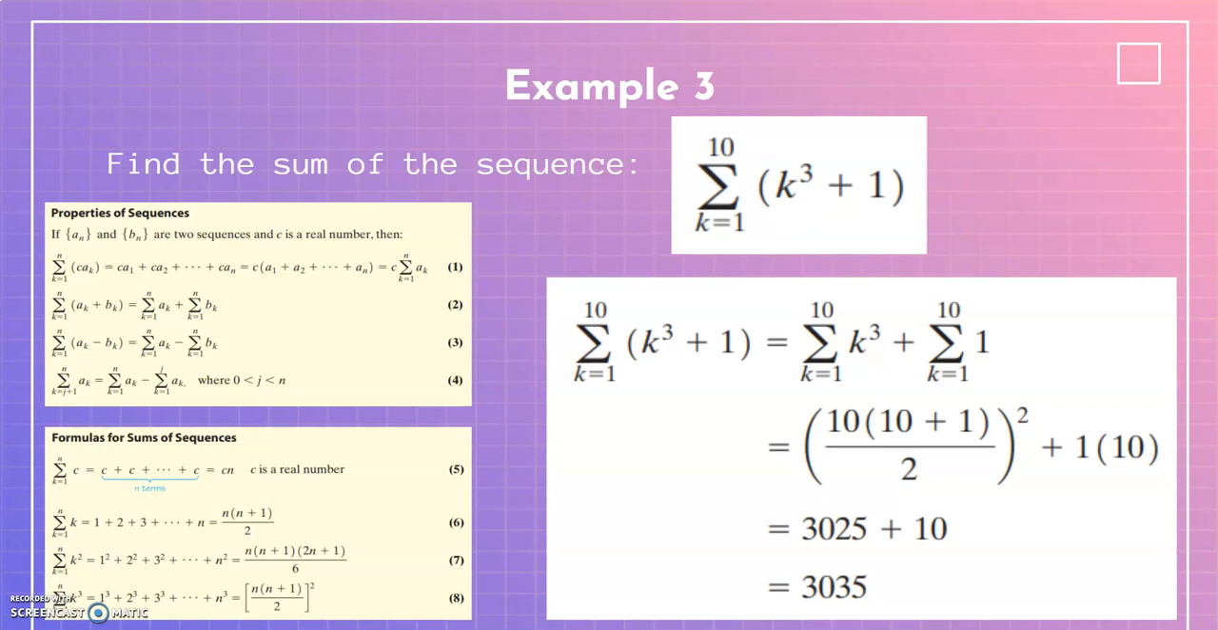So when we do this, for the first step, we can use property number 2 in order to separate the summation notation. And moving forward, we can use formula number 8 and formula number 5 in order to split up the summation notation into an algebraic formula. From there, we simplify, and we are able to reach a final answer of